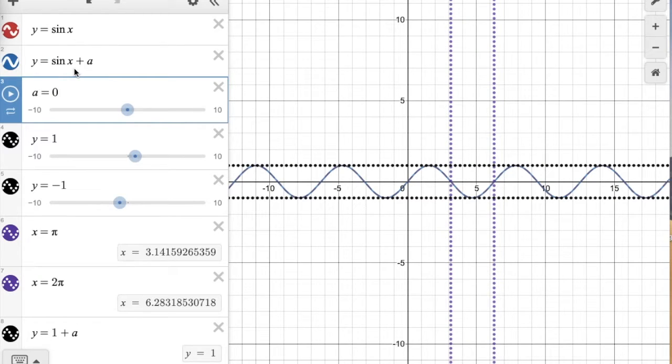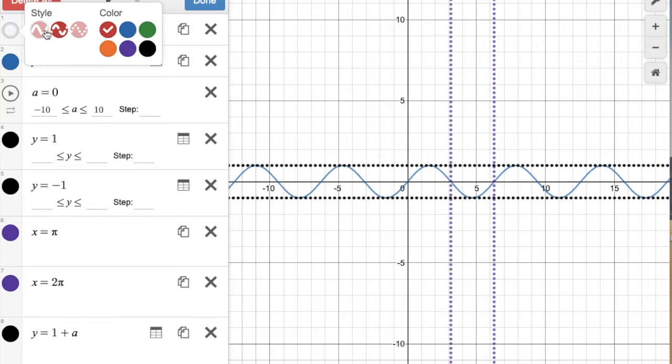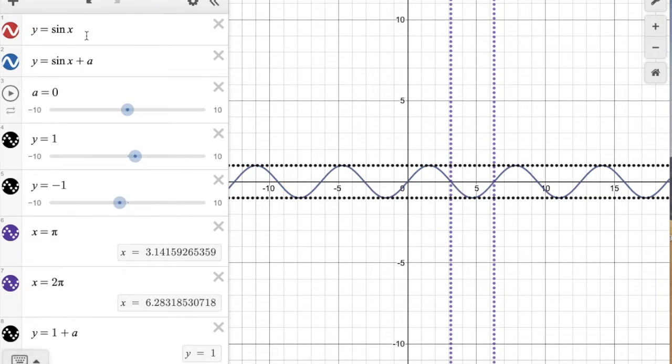So we have sin x and sin(x + a). Alright, wait a minute, I would need to change this to a solid line. The red one will be sin x and the blue one will be sin(x + a). I will see what happens when a increases, and I have two guiding lines, that is y = 1